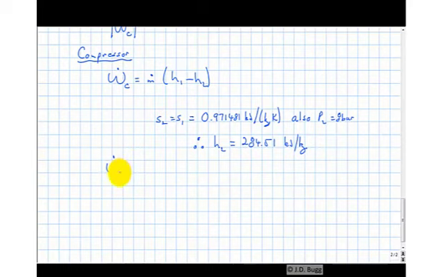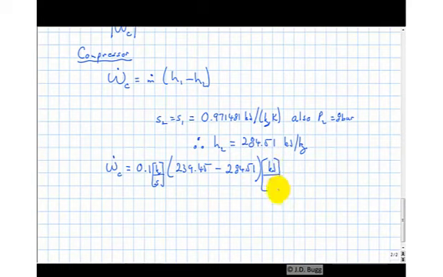So we can complete our work calculation for the compressor. Mass flow rate, 0.1 kilograms per second, H1, 239.45 minus H2, 284.51. Both kilojoules per kilogram. So the work of the compressor is minus